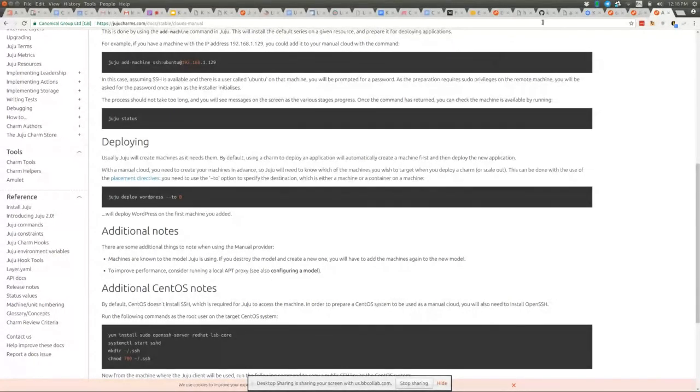So you remember earlier in the talk, we were looking at this bundle file. If you say juju deploy canonical-kubernetes, what happens is it comes out to the Charm store and it downloads this bundle. But you can